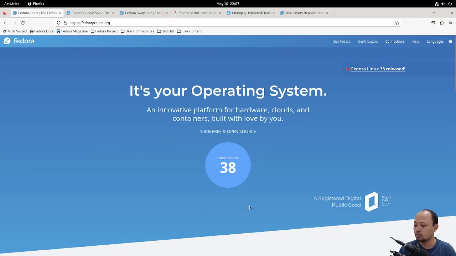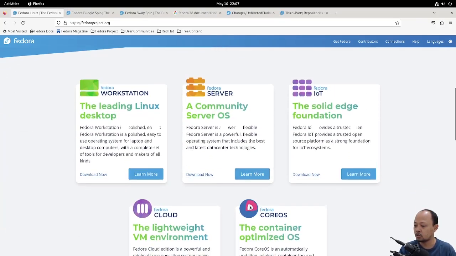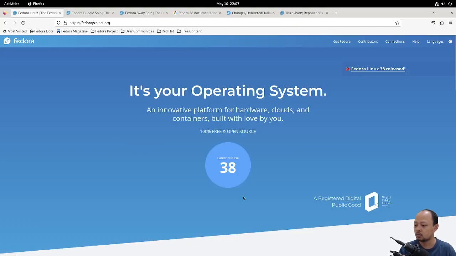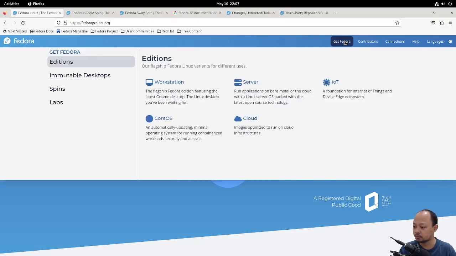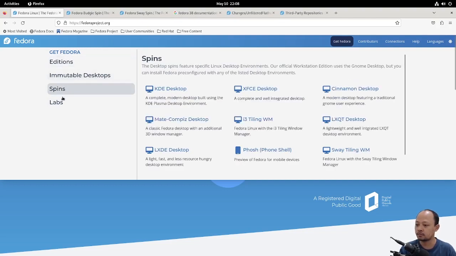Maybe we don't need to scroll all the way down just to look for which edition or version that we need. Just click Get Fedora. There are some Fedora versions that are already categorized and briefly described according to each type and each function.